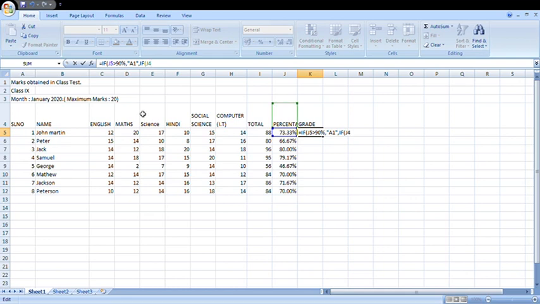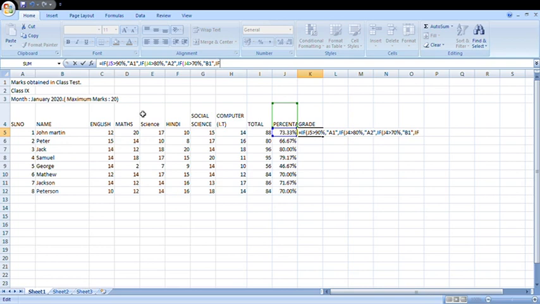J4 is greater than 80%, then A2. Again, if J4 is greater than 70%, then B1.